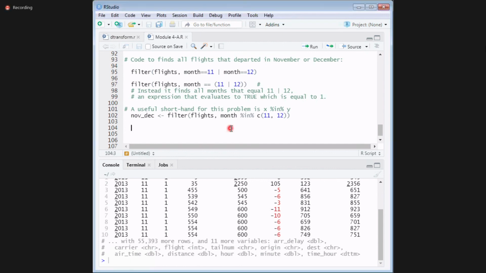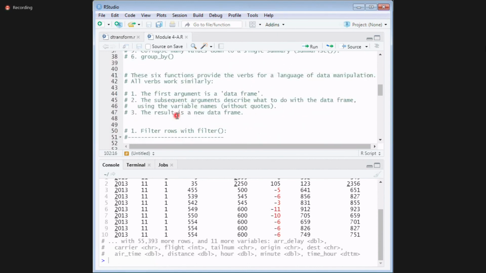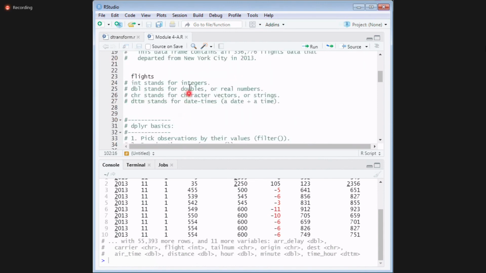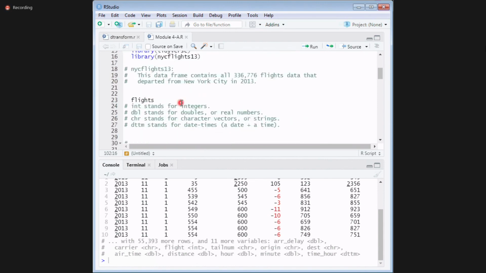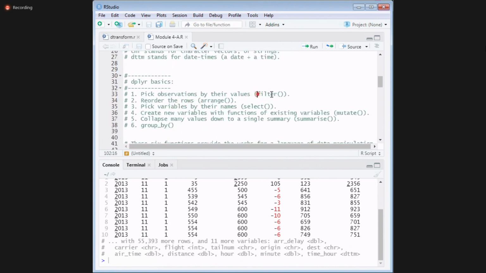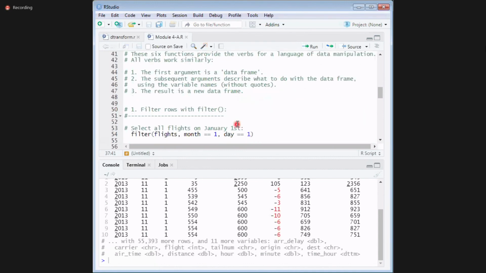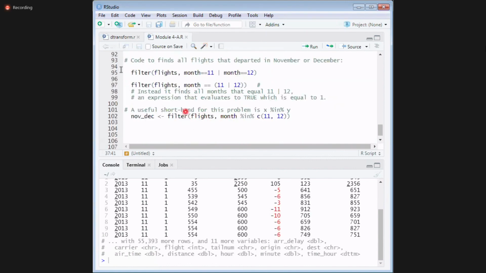Okay, then I'll continue the remaining class tomorrow. We are not done with filters yet; we still have a few more things in filters. Next class we'll finish filter, then arrange and select. These three will be finished in the next class. I'll upload the document, please go through it. In the next lab session, we'll be working on these three only. I will give you an assignment on filter, arrange and select. Clear? Thank you.